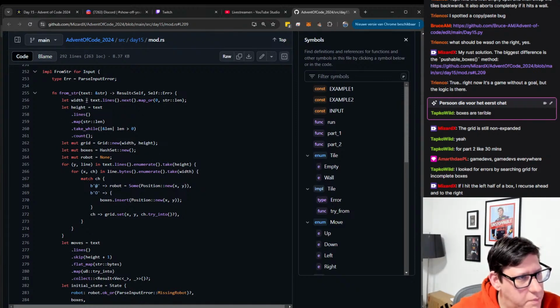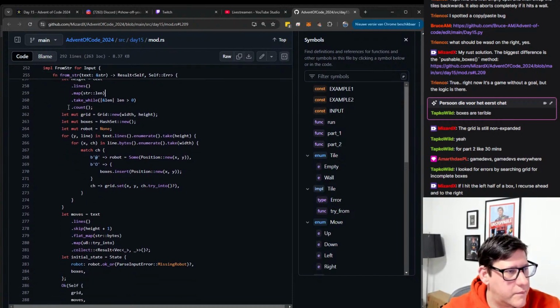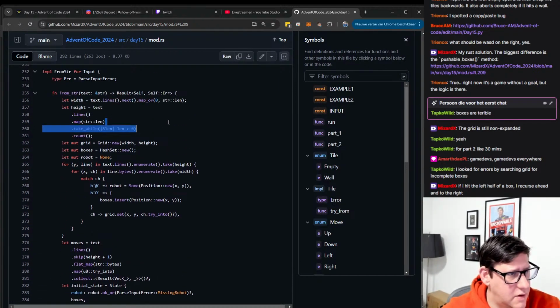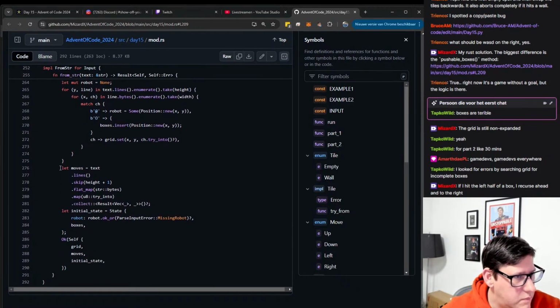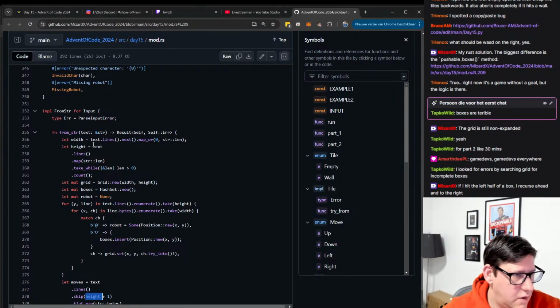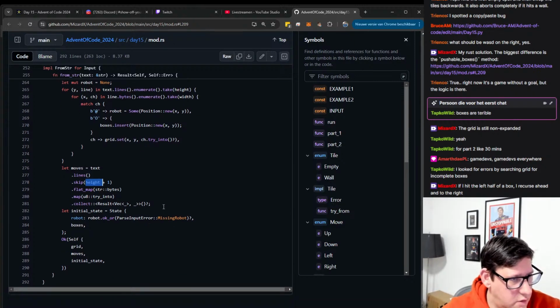So I wonder where is the part that it splits. Okay, that is this part basically. It will stop when it finds an empty line, right? At least I assume that's what happens here. Take while length is larger than 0. So the moves, height +1, yeah, because that will be the rows. That makes sense. So you skip all the rows plus the empty line, and then you just turn everything into